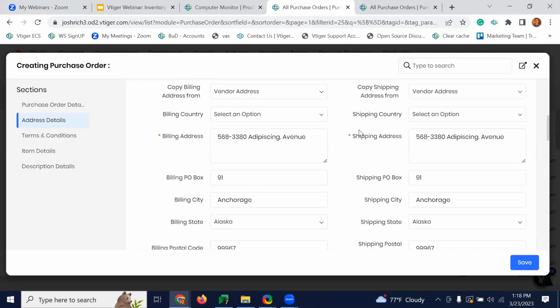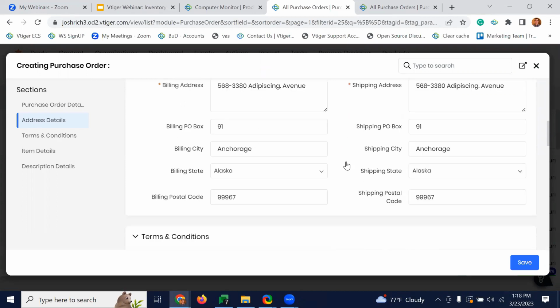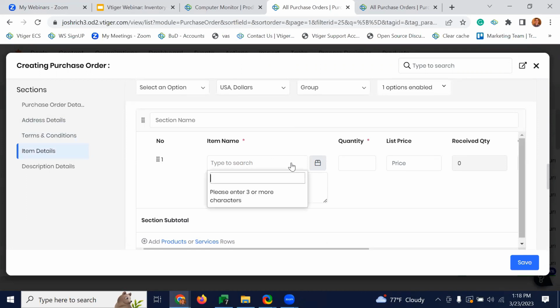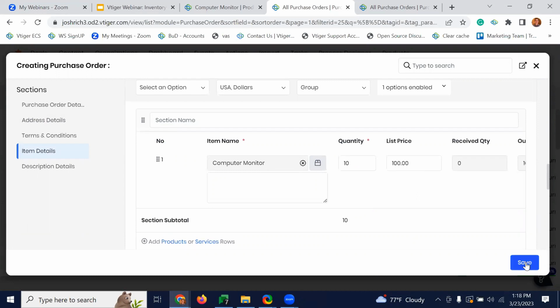Our billing and shipping address is copied from the vendor address. And then scrolling down to our item details, we now need to select the products that we're going to be purchasing. So we are going to be purchasing some computer monitors today, and we are going to be purchasing a quantity of 10. So once I click on save and generate this purchase order,